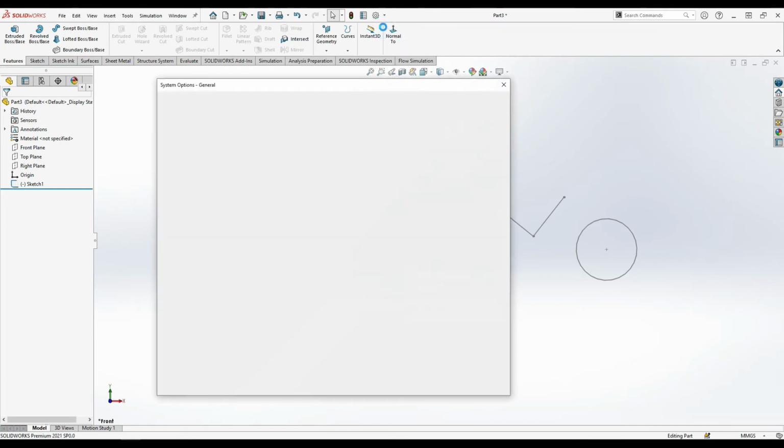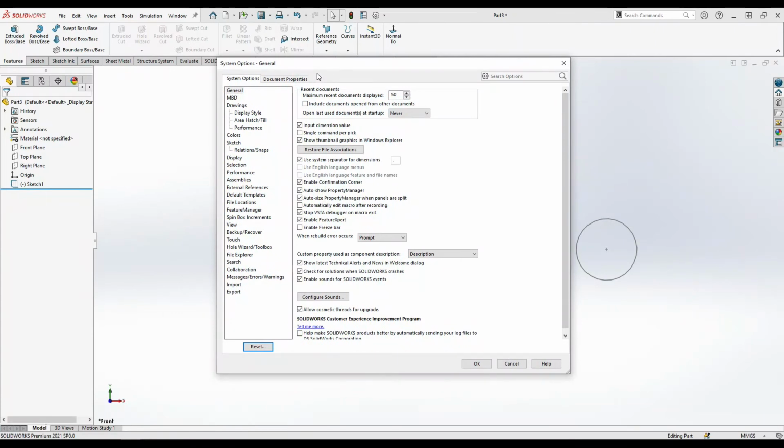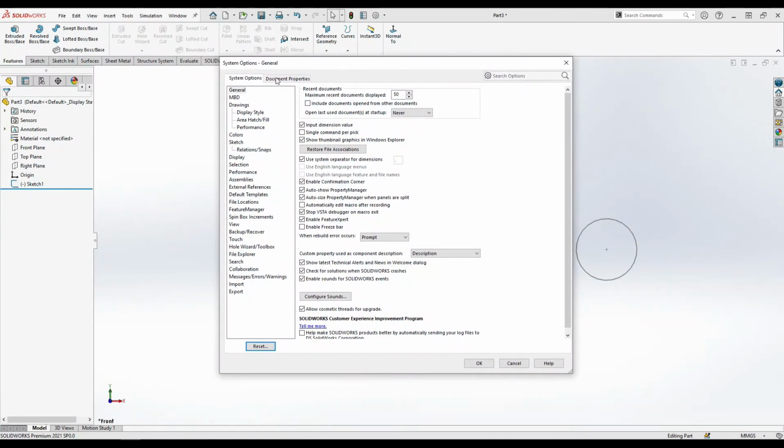In these options there are so many settings and features. Like in general, you can see the maximum recent documents displayed is 50, include documents opened from other documents. So you can use SolidWorks with up to 50 pages.